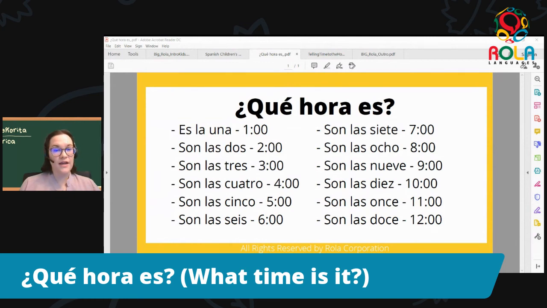¿Cómo se dice it's 2 o'clock? How do we say it's 2 o'clock? Son las 2. ¿Cómo se dice it's 3 o'clock? Son las 3. How do we say, ¿cómo se dice it's 4 o'clock en español? Son las 4. ¿Cómo se dice it's 5 o'clock in Spanish?